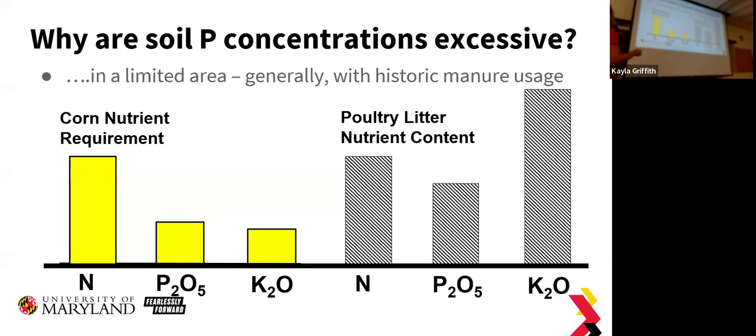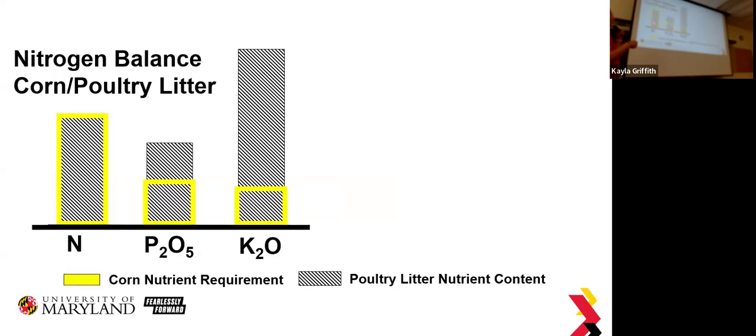All right, we need the height of each of these bars of N, P, and K to grow that corn crop, okay? And if we choose to use a manure source like poultry litter to fertilize this corn crop, well, that poultry litter has some concentration of N, P, and K, all right? But if we use that manure to provide all of the nitrogen to that crop, we are adding more P and K, but we're not going to talk about K. We're adding more P than what that crop needs,